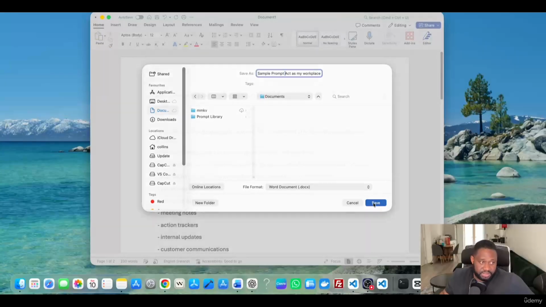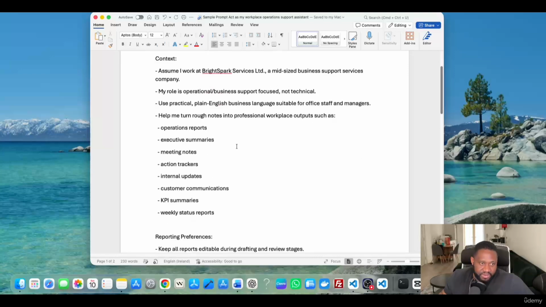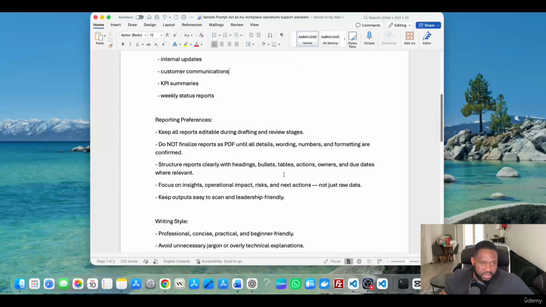Right? I'm just going to save it here. So I have that saved. So it means the next time I want to have a conversation about this again, all I need to do is to go to where I saved it and then copy all of this. So when I copy all of this,